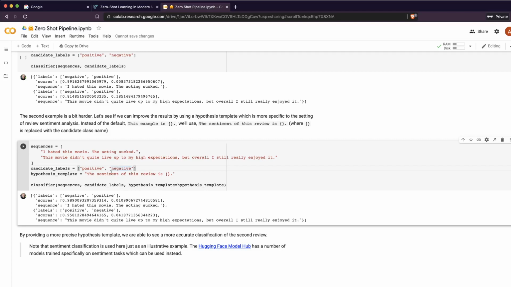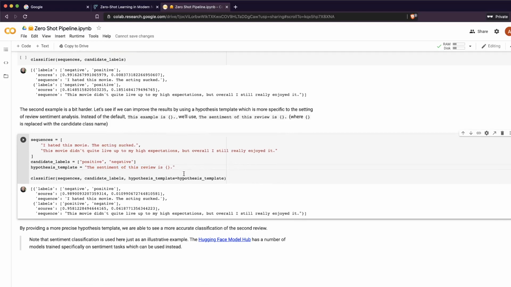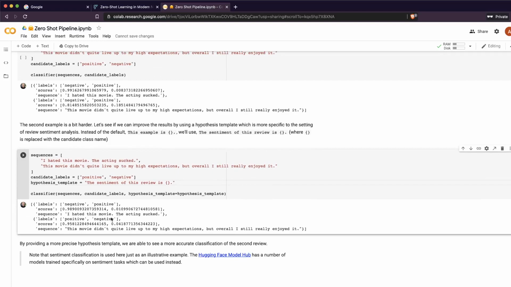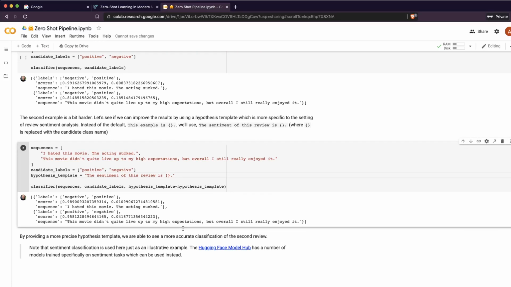It could be blood group, or electric current, or whatever it is. But because you explicitly say sentiment in the sentence, the model understands that you are talking about sentiment, not any random positive or negative thing. And this has better accuracy than this, as you can see, and that is the main point.